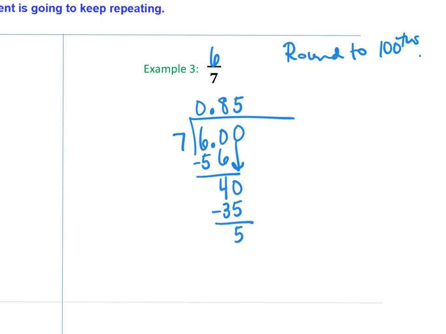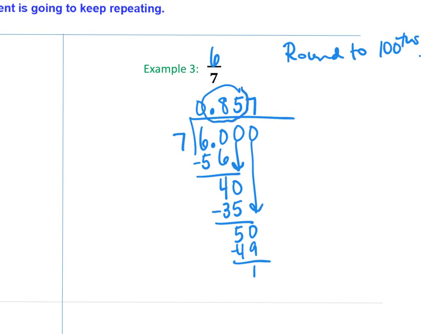Although I'm at the hundredths place, I need to know what my next digit is so I know whether it's going to stay 0.85 or round up to 0.86. So I'm going to add one more 0, bring it down, make that 50. 7 into 50 is going to go 7 times. 7 times 7 is 49. Subtract, 1 left over. So we can be done dividing now because we only need to know our answer to the nearest hundredth. So looking at our answer of 0.857,